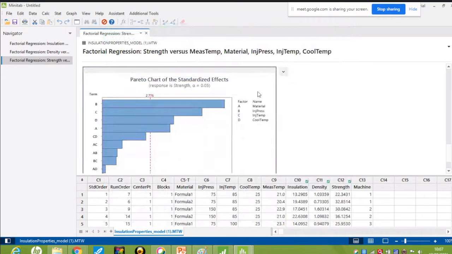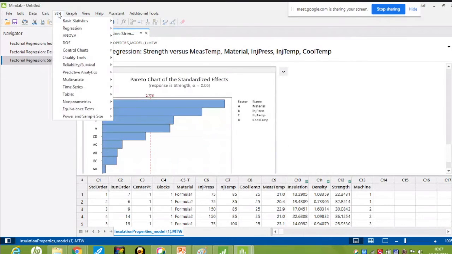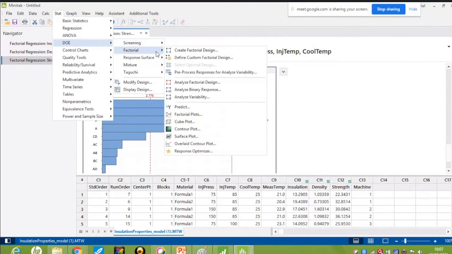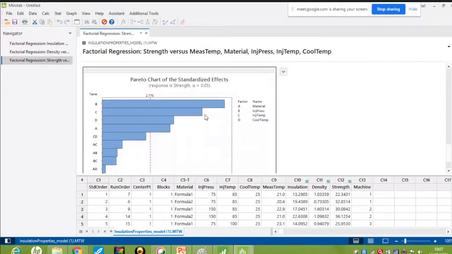Okay, so now we go to Stat, DOE, Factorial and Factorial Plots.